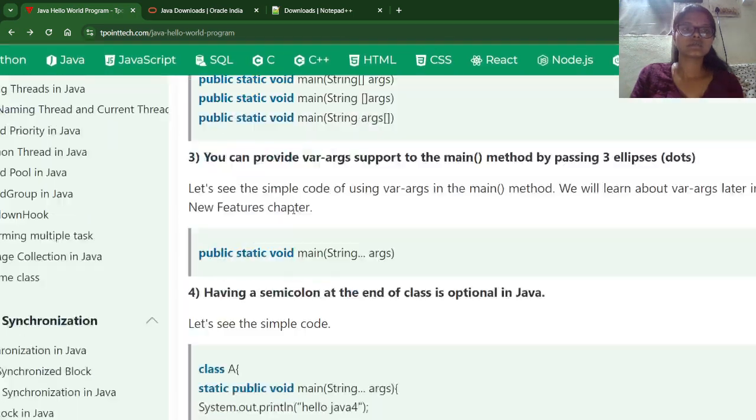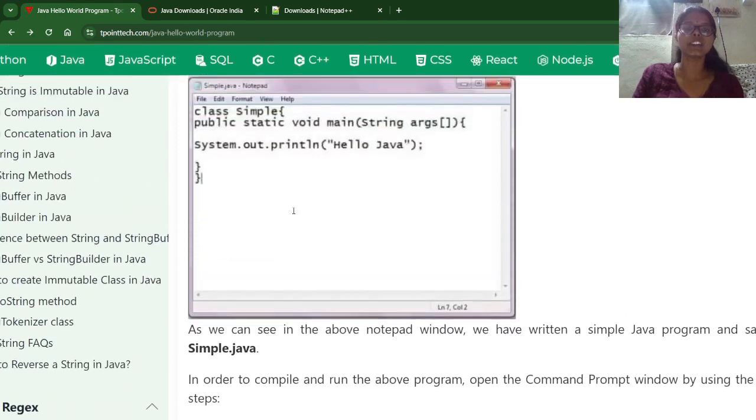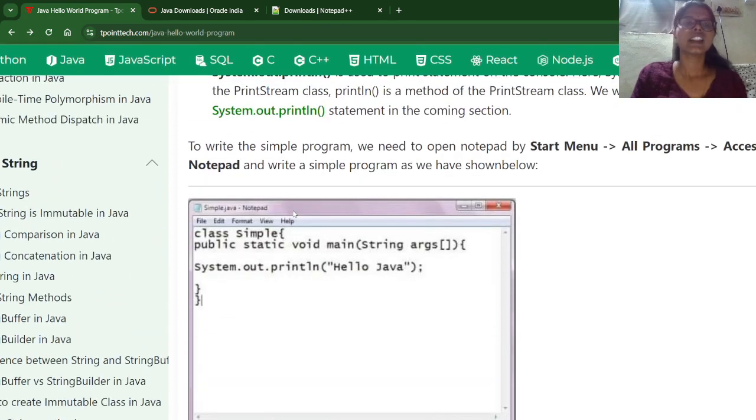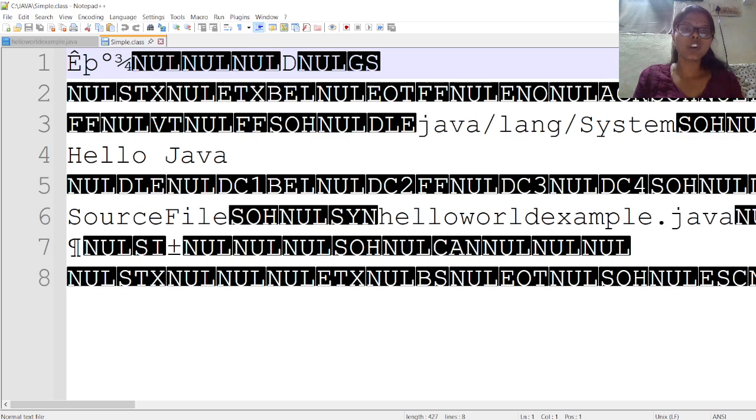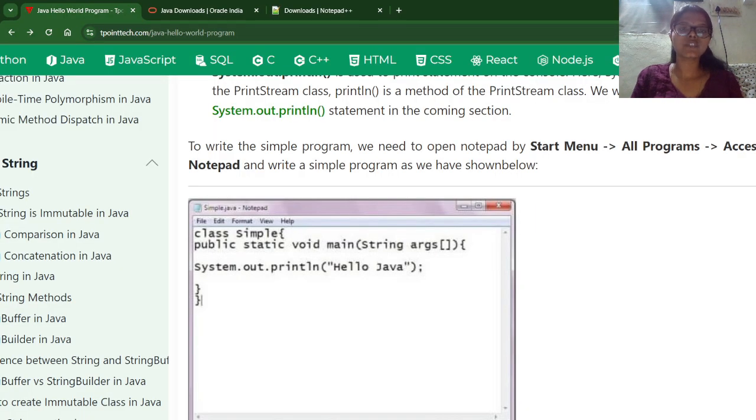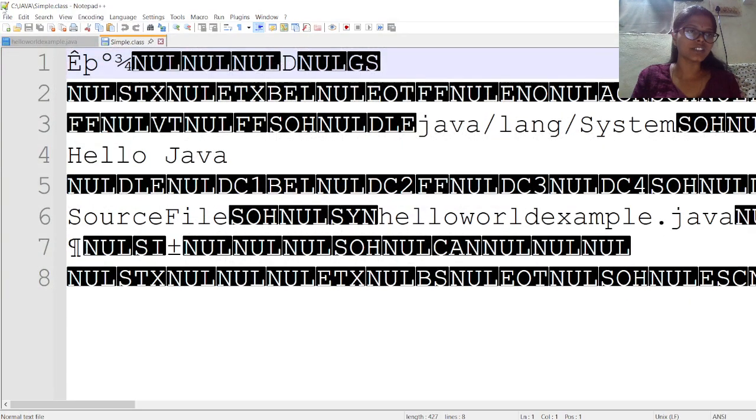I hope you understand the basic hello world program. Just revise it. To write a simple hello world program, first we need a notepad, but here we use Notepad++ for color indication and line indication, so you know how to download it. Next, we save it using the .java extension. After saving it, we open the command prompt. To run Java code, first we need to install the JDK software on our system.